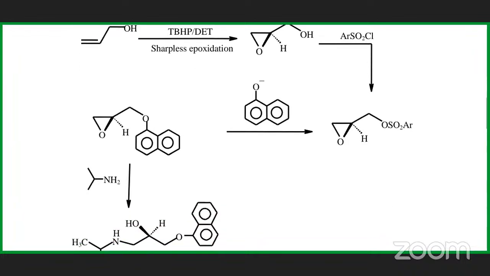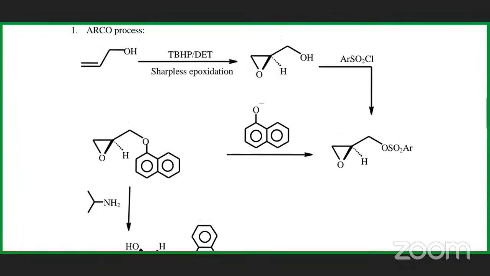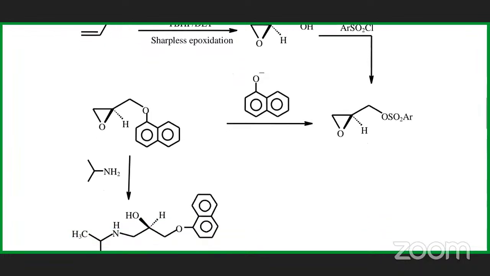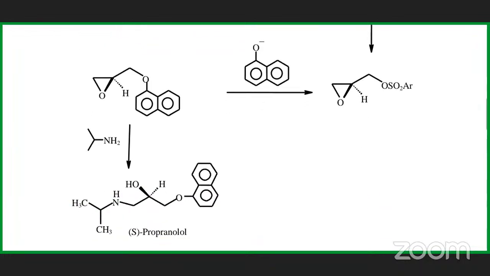Further, you can treat with alpha naphthol, the alpha naphthoxide ion. By the alpha naphthoxide ion you can get this particular ether derivative. And further, you can open the epoxide ring with isopropylamine